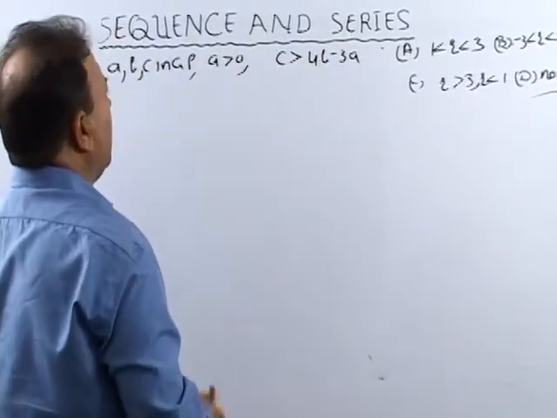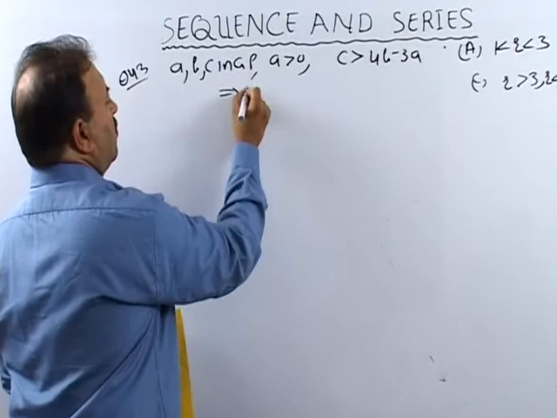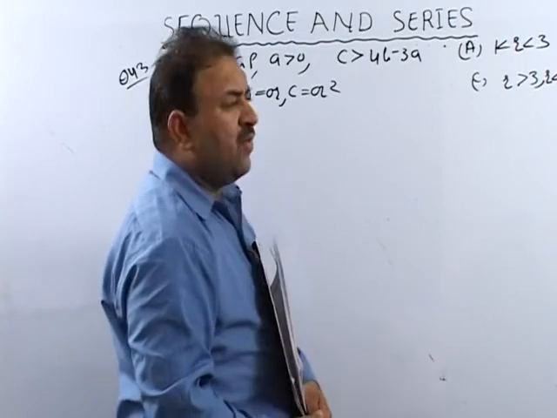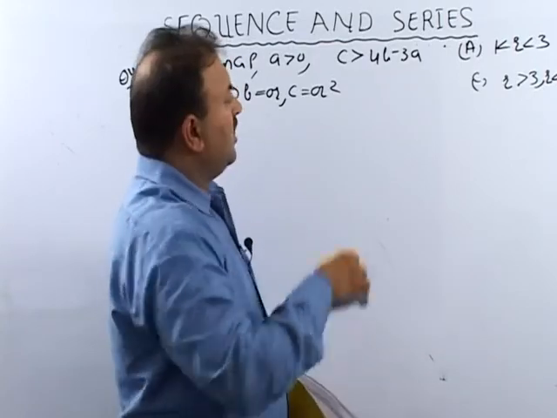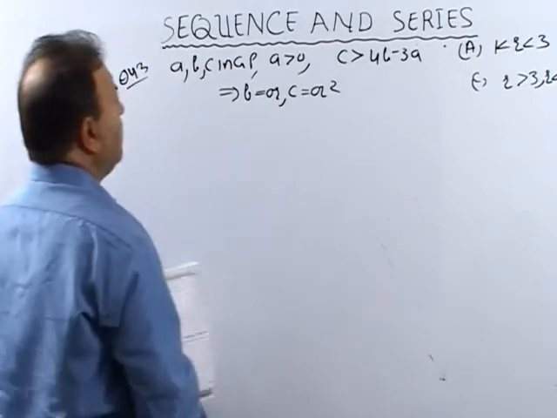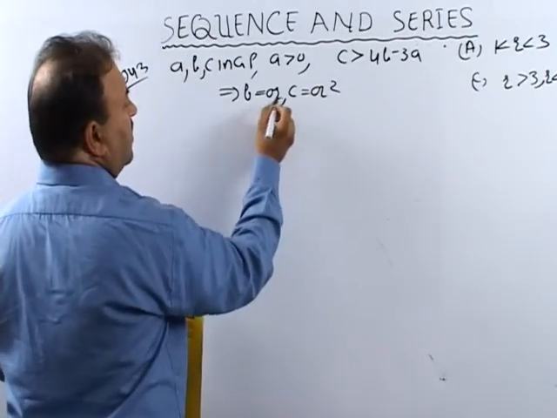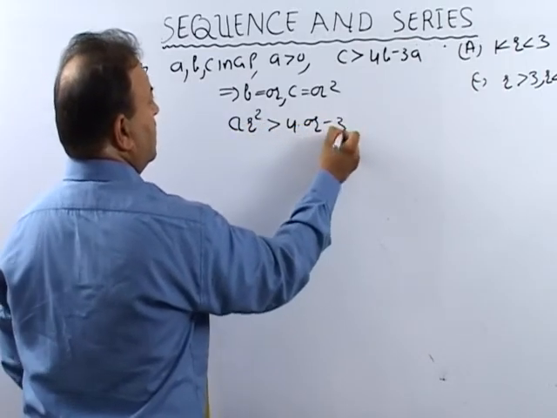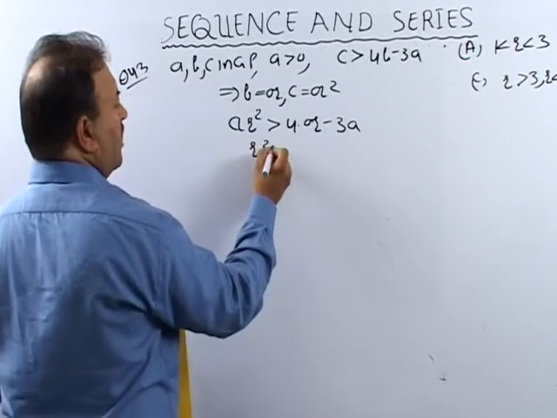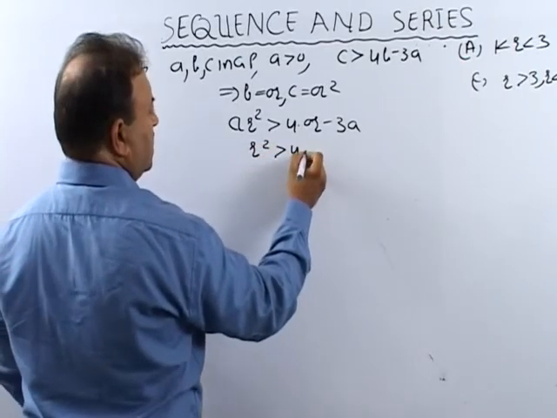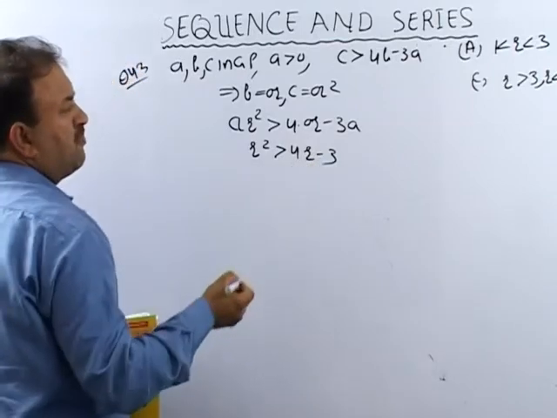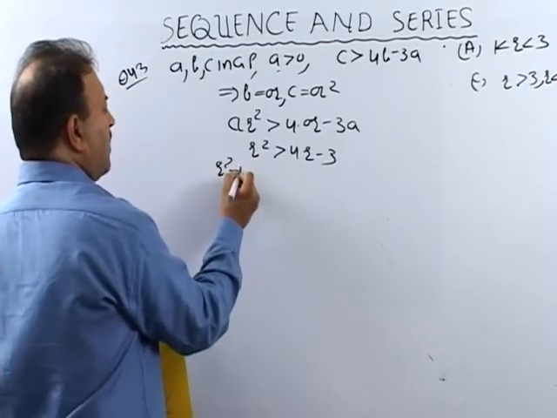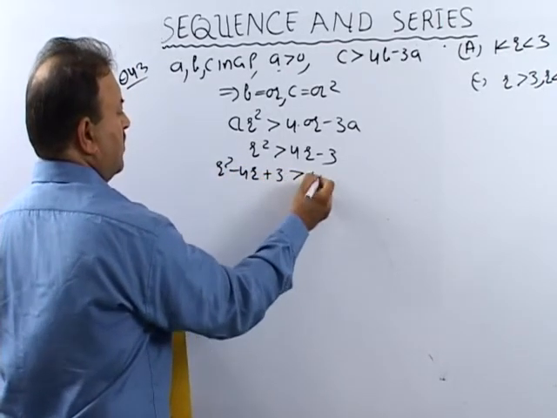Now हम यहाँ पर क्या करेंगे, A B C are in GP, so I can write down B is equal to AR and C is equal to AR square. Very important property, we should not forget it. We'll see the things. ये property बार बार apply होती रहती है. Now I am coming to AR square is greater than 4AR minus 3A. Dividing by A, I got it, R square is greater than 4R minus 3. Since A is a positive quantity, हमें given है A positive है, तो इसलिए A से डिवाइड किया तो कोई फर्क नहीं पड़ा. R square minus 4R plus 3 greater than 0.